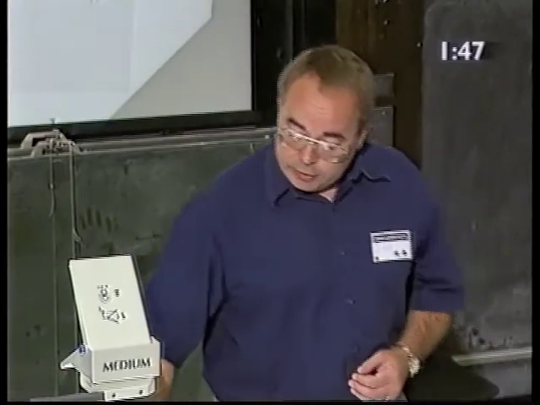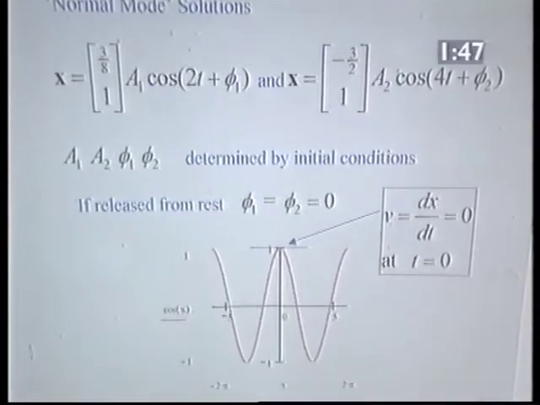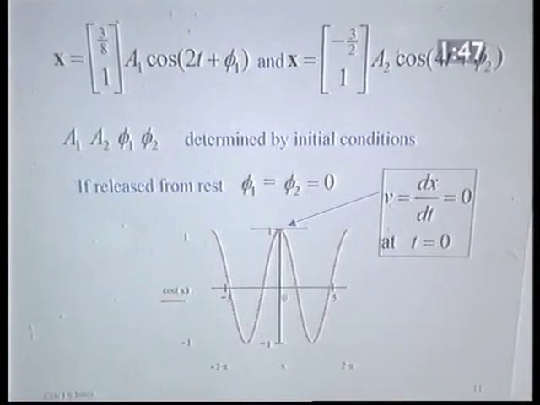Conditions where we release the system from rest. So if we put those two conditions in and do the maths, those two conditions will give us the value of two of these constants. Now, without doing the maths, you can see that if the system is released from rest, this must be a